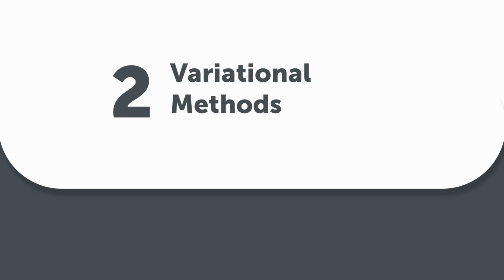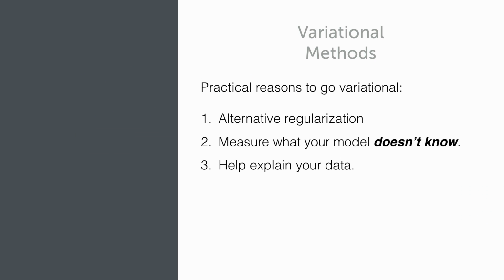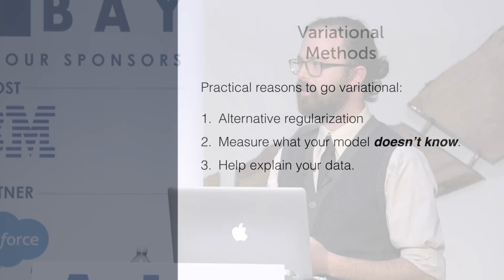All right, so now I really want to talk about variational methods. These are really, really exciting techniques that you can add to your machine learning models. So most machine learning, most deep learning is about optimizing a point estimate on your model parameters. If you've never seen a client, you should probably be really, really uncertain about that client. This is a way of doing this.